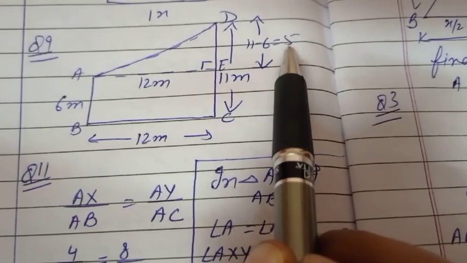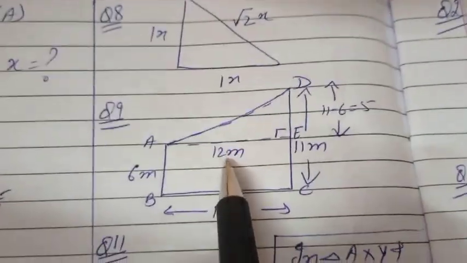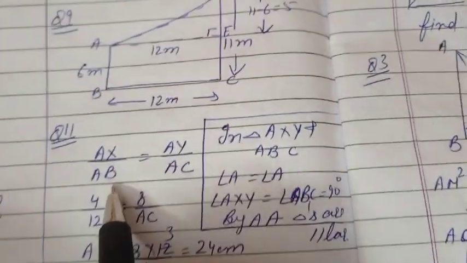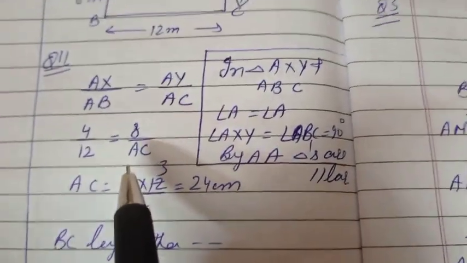11 minus 6 is equal to 5. Now this side is 5, this is 12. AD I can find out using Pythagoras theorem. Now 11th question, you are given,